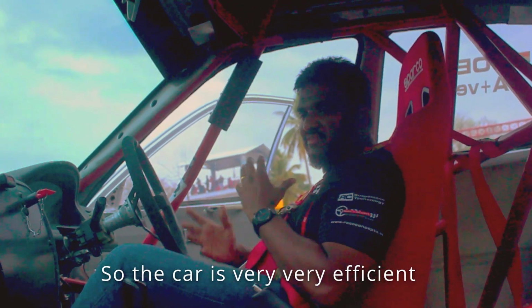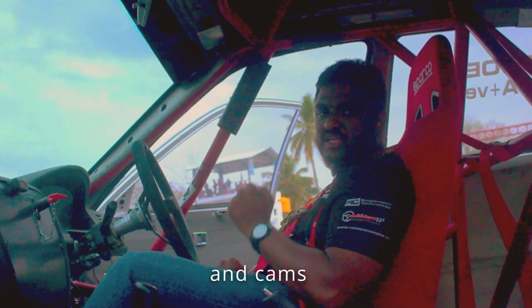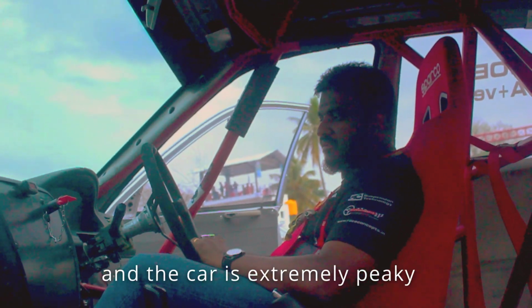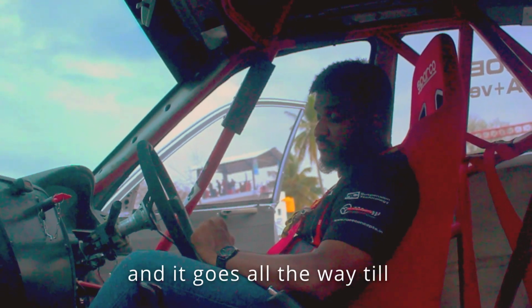So the car is very, very efficient, and with standard springs and cams, we are running the engine to 8,200 RPM, and the car is extremely peaky and it goes all the